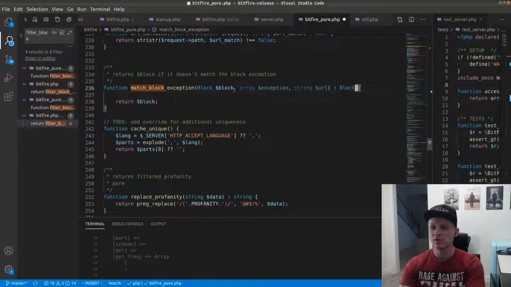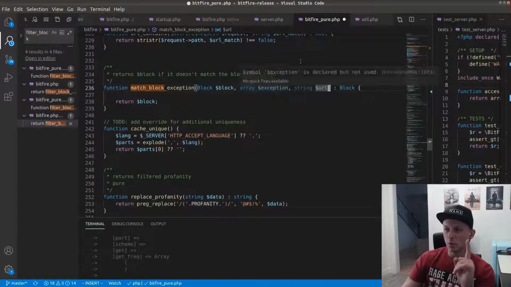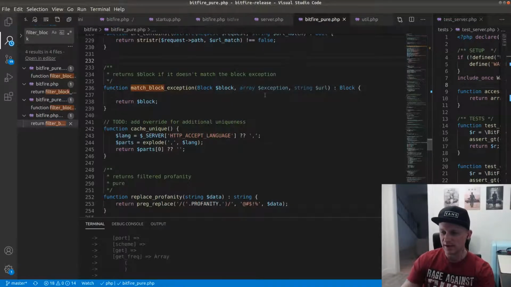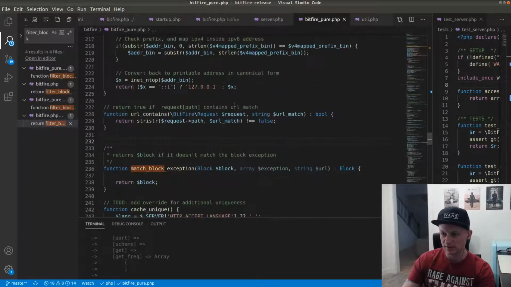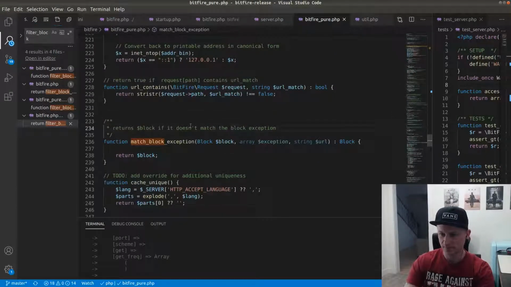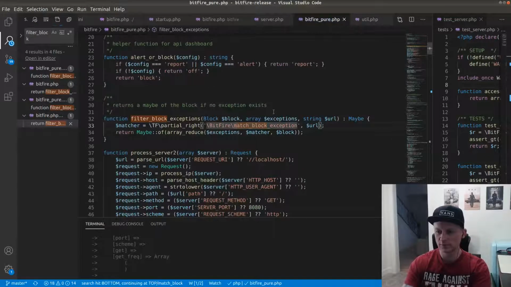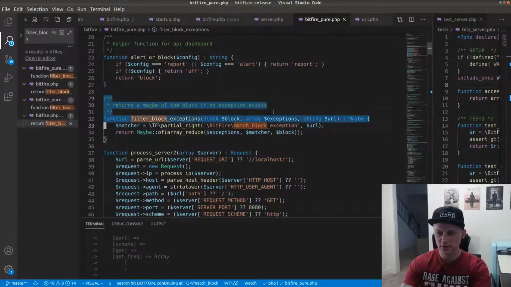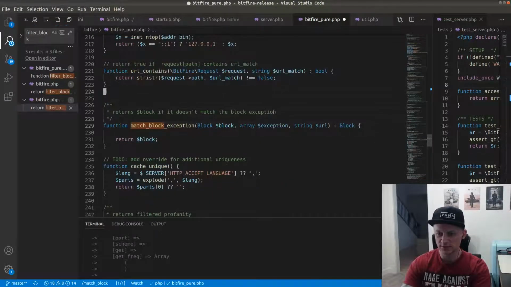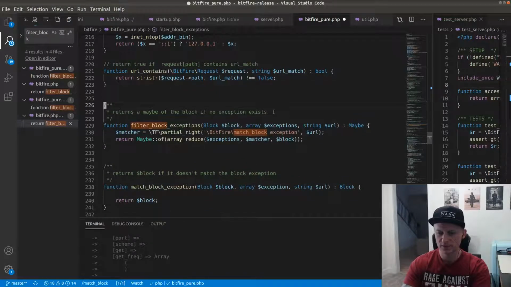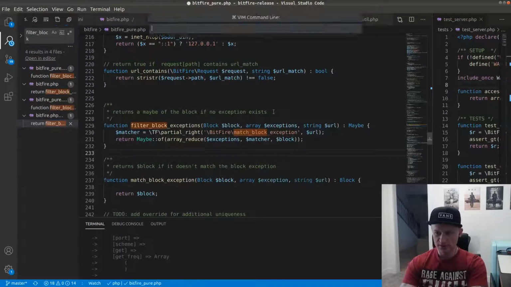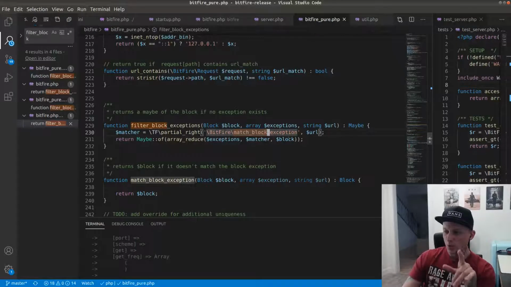Now if we look at this, match block exception, can we get these both on the same screen? Alright, yeah, this guy right here. We're just going to cut this and paste him right there, because we're in the same file. Much better. So what we're going to do is bind this URL parameter to this parameter here